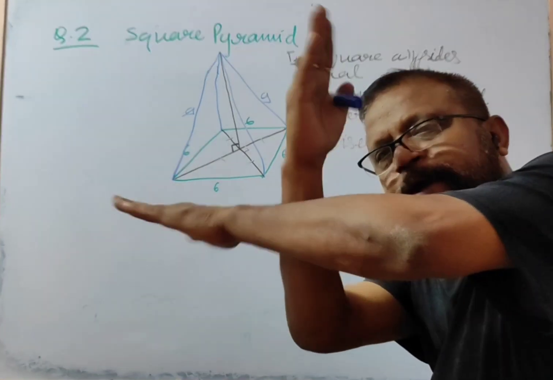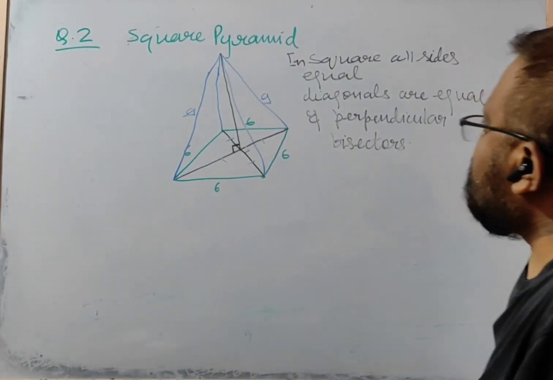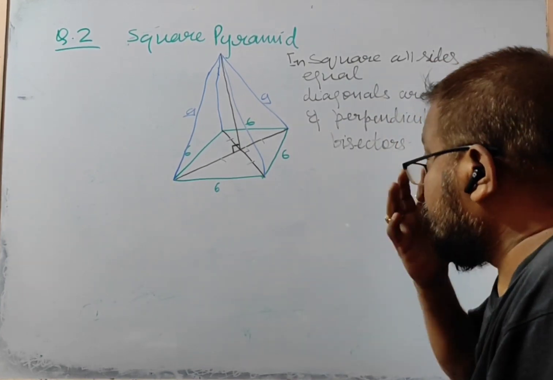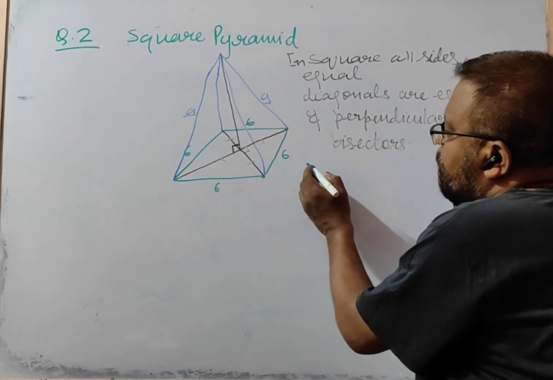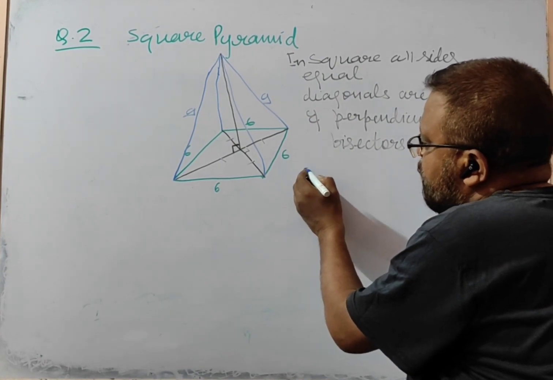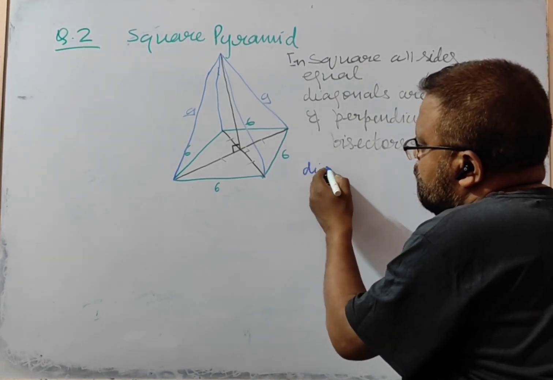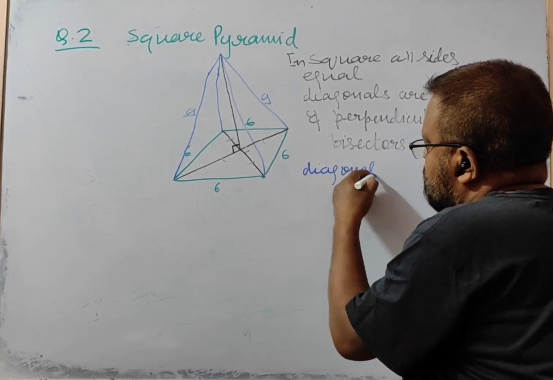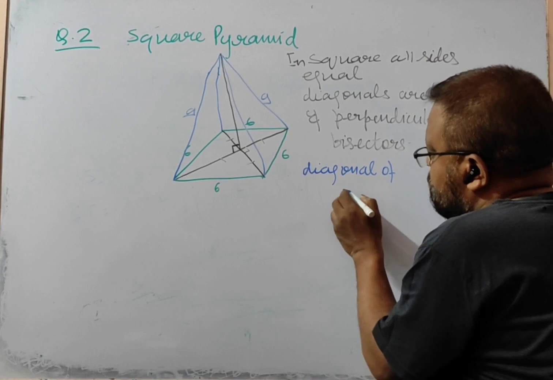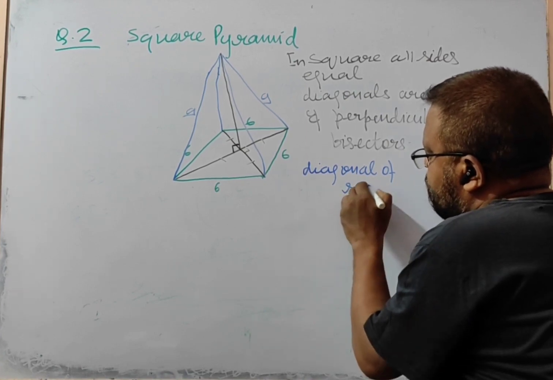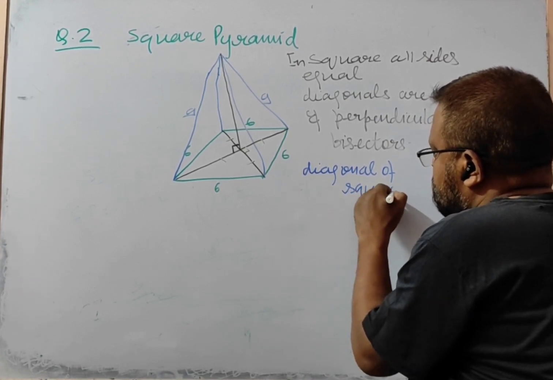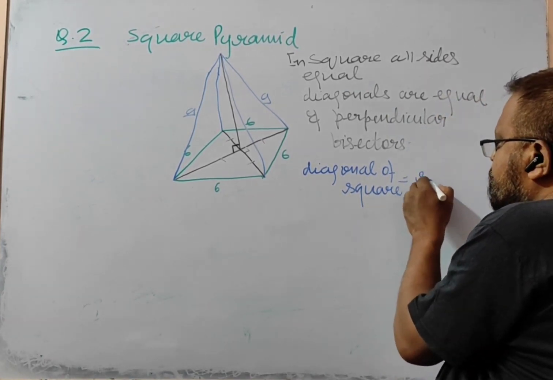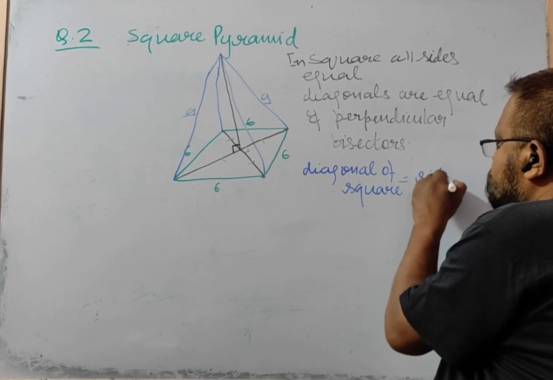They are perpendicular, so they are perpendicular bisectors. And the third property which we use is that the diagonal of a square is equal to side root 2,